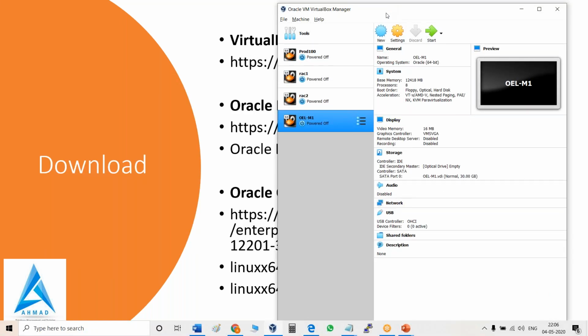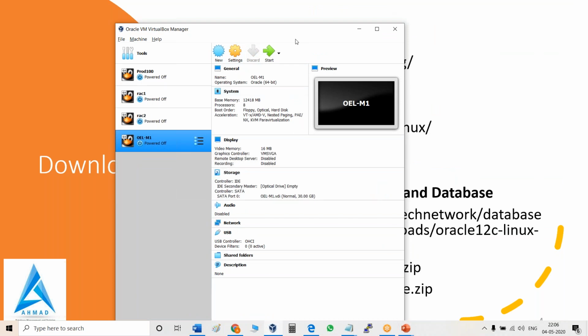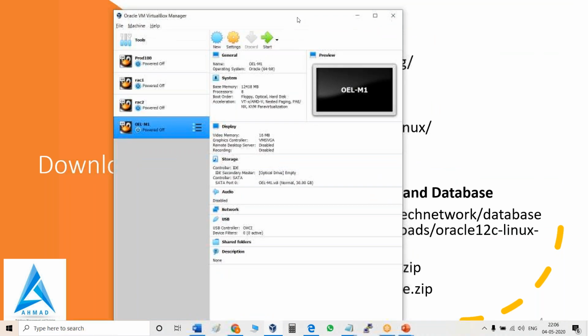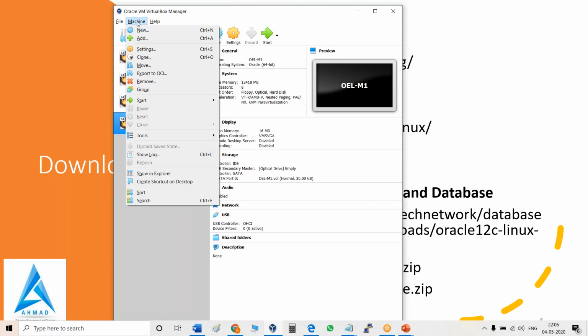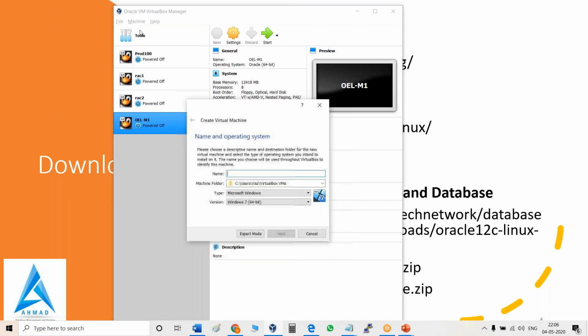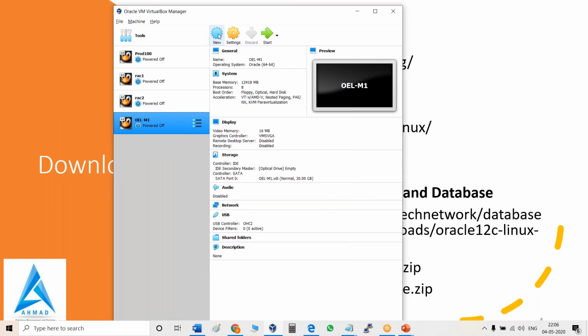I have already installed VirtualBox, because I'm taking the batches on this machine. So first thing is that you have to create the machine. Either you can click this link and this pop-up window will come, or otherwise you can go here and that machine will come.